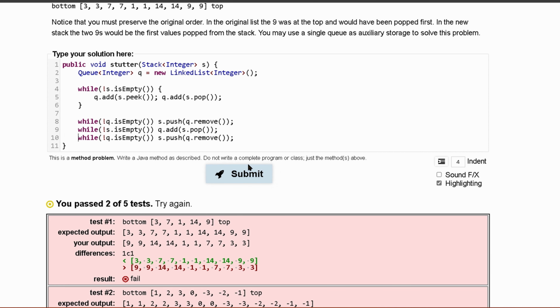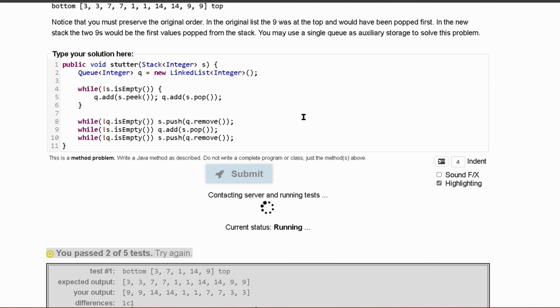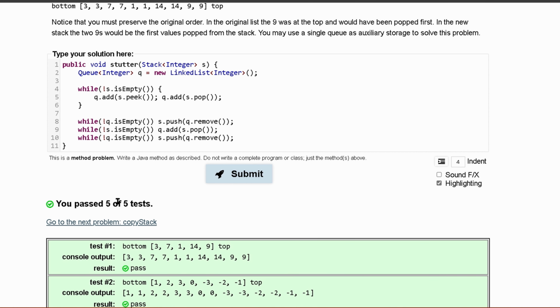That's literally it. So let's submit this again with that newfound information. It's going to run our test and pass 5 of them. So that's how we'd go over